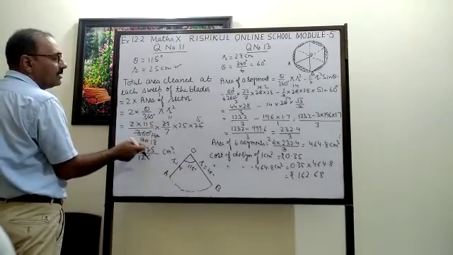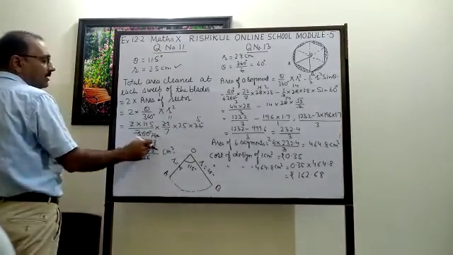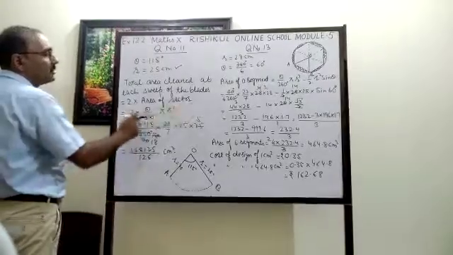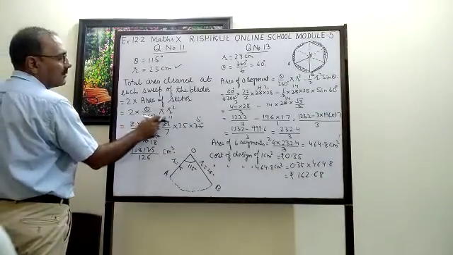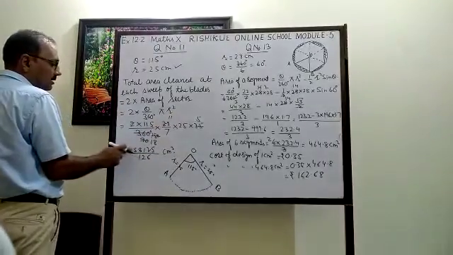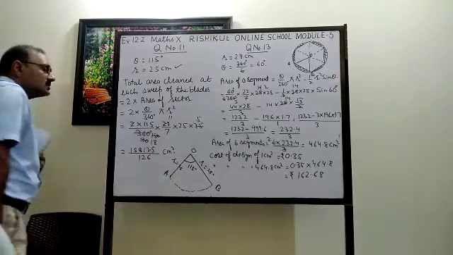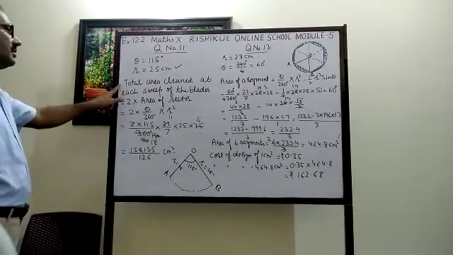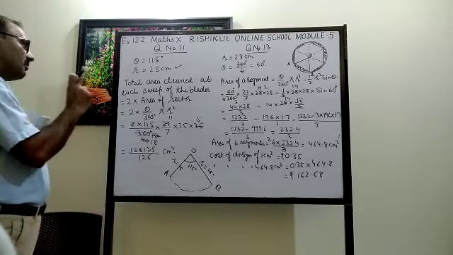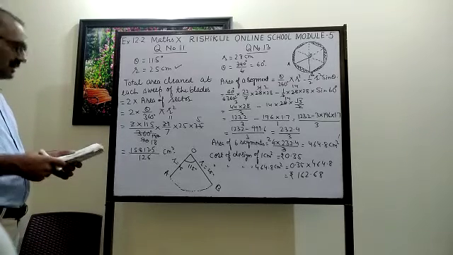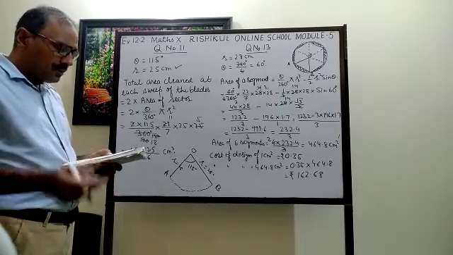And 2 divided by 180 is 90, and here divided by 5, 5 5, and 90 divided by 5 is 18. So now multiply numerator by numerator and denominator by denominator. 115 into 11 into 25 into 5, 158125, and here 18 into 7 is 126 square centimeter. This is the area cleaned by the blade in one sweep. Clear? And then question number 13. Question number 10 and 12 you can do.